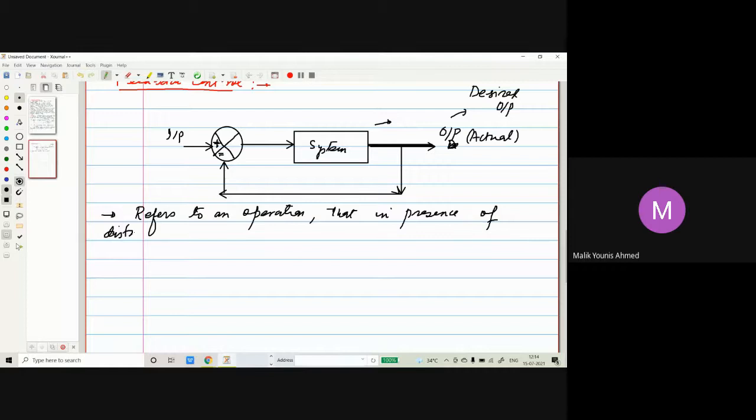So it can be operated only when there is disturbance. If we are getting actual output equal to desired output, no need to operate this. In presence of disturbance, it will do what? It tends to reduce what? It tends to reduce the difference between